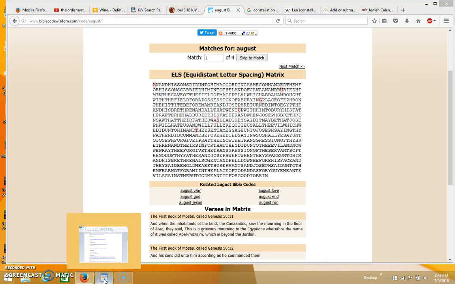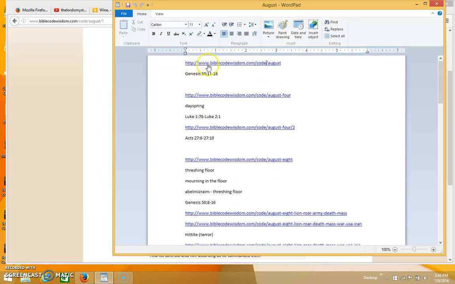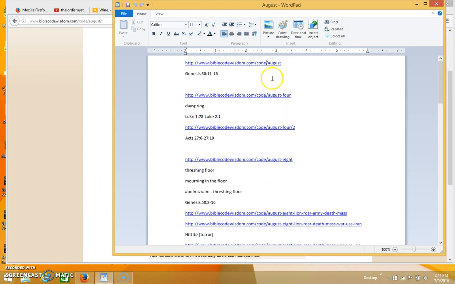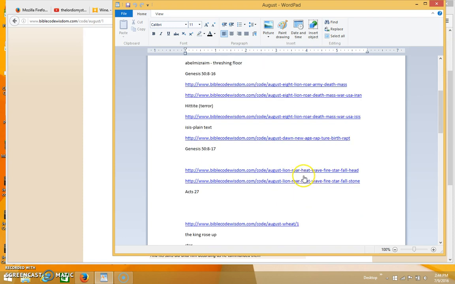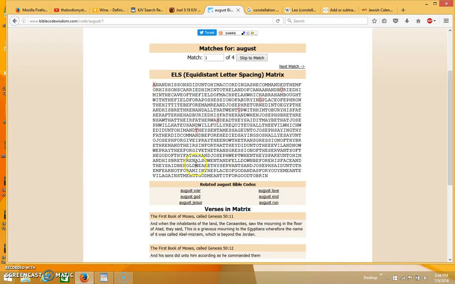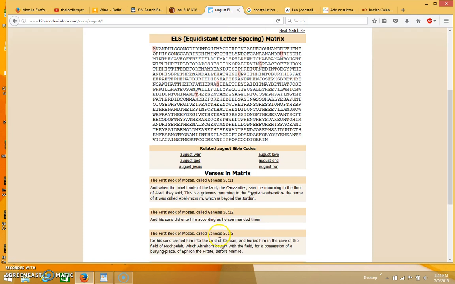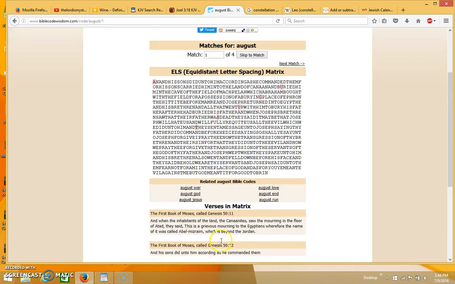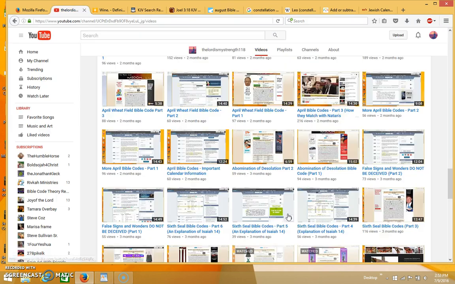So what I'm going to do is, when I go over the terms, I'm just going to be skipping back and forth between these 3 or 4 matrices and just showing you how the different terms come up as they would come up as I was searching them, because I like to go over things in the order that I searched things out. So as it was skipping around between these different matrices, I'm just going to show it to you that way, and I'll show you which matrix it comes up in as I go along.